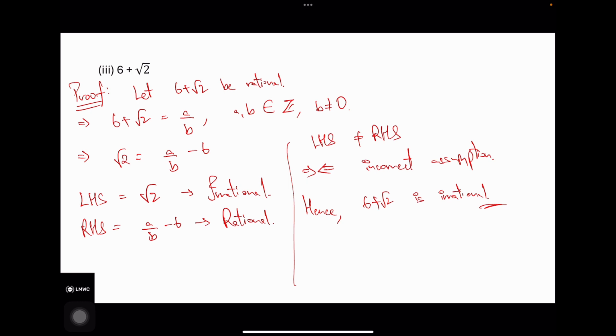So we have covered all the concepts, examples and the exercise questions of chapter number 1 as per the NCERT